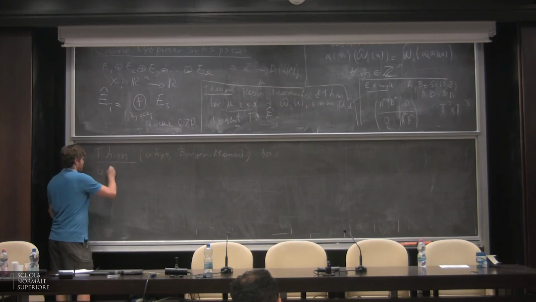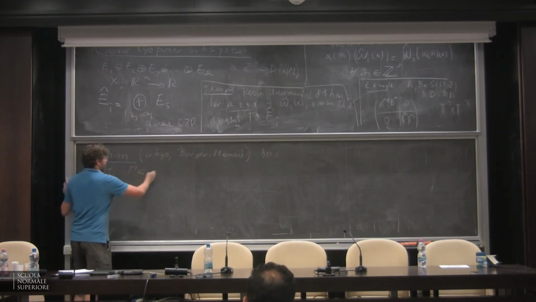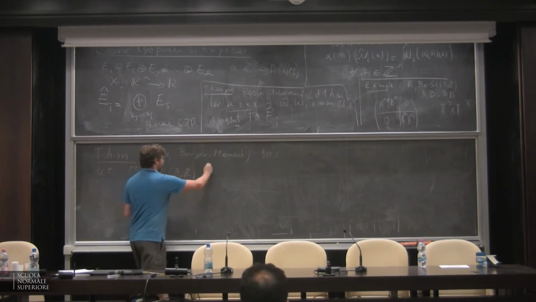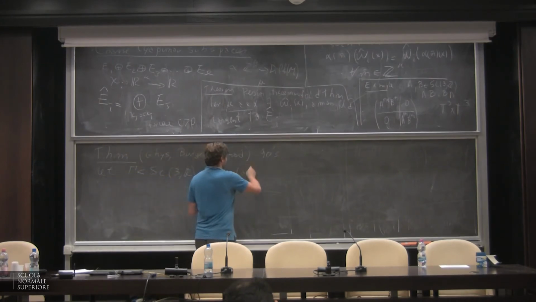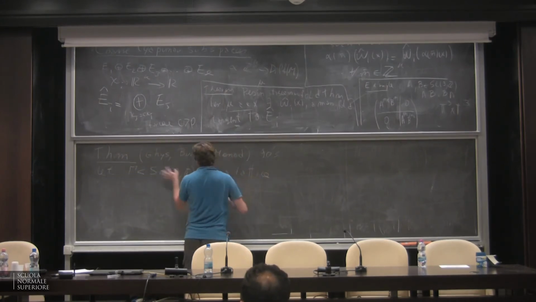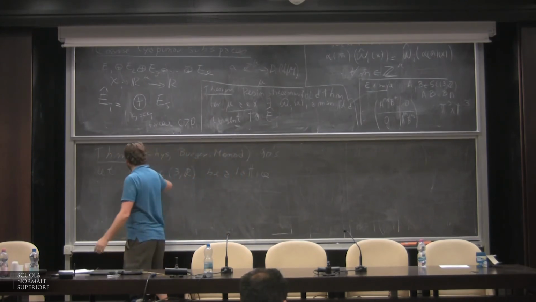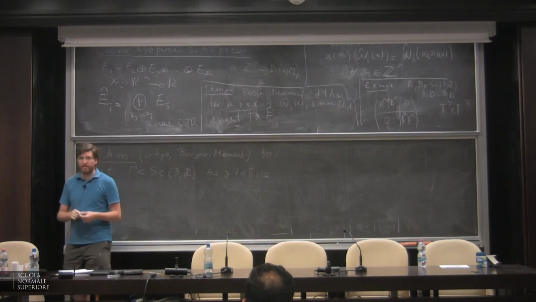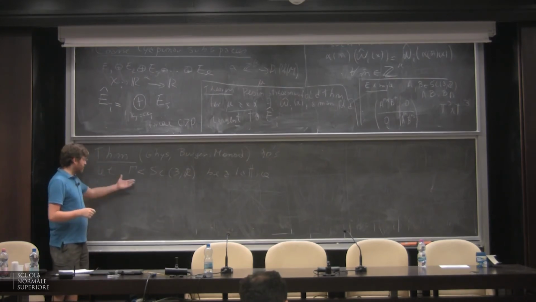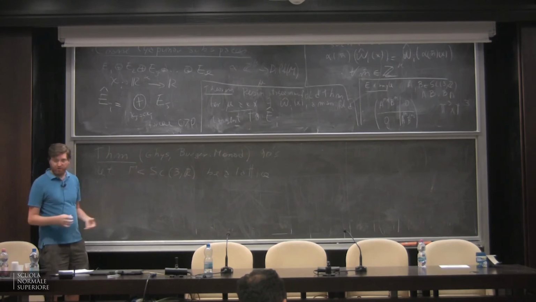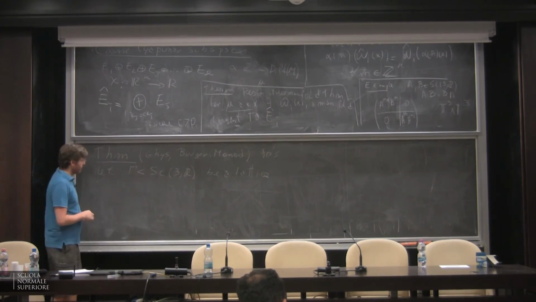So let gamma be a lattice in, or you can take other groups here, but we are concentrating on SL3R, so let's just put SL3R there. And a lattice means a discrete subgroup with finite volume quotient, for example, co-compact. And assume